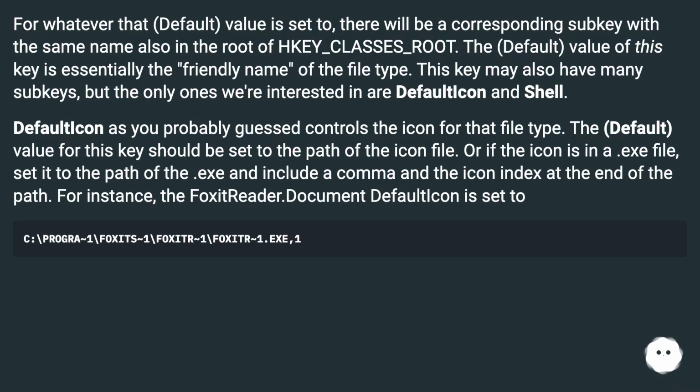DefaultIcon, as you probably guessed, controls the icon for that file type. The default value for this key should be set to the path of the icon file. Or if the icon is in a .exe file, set it to the path of the .exe and include a comma and the icon index at the end of the path. For instance, the foxatreader.document DefaultIcon is set to